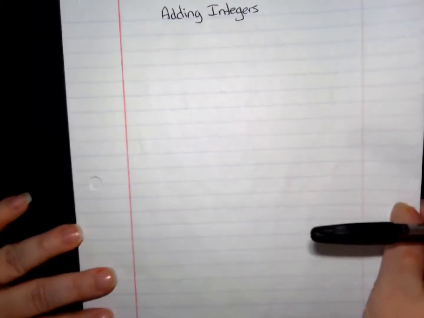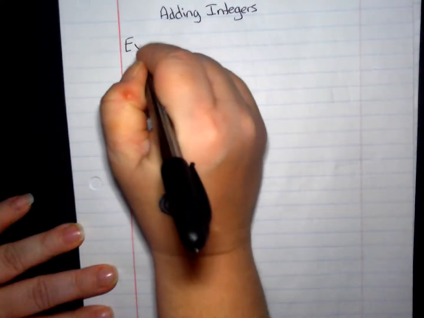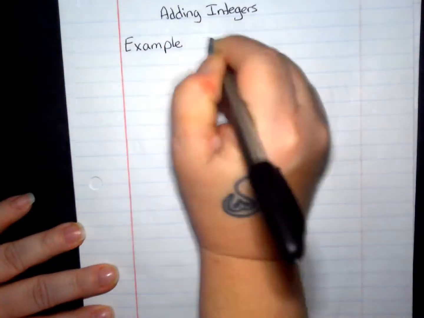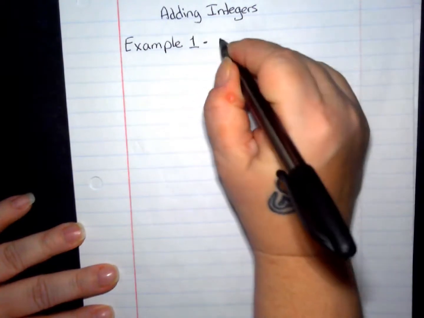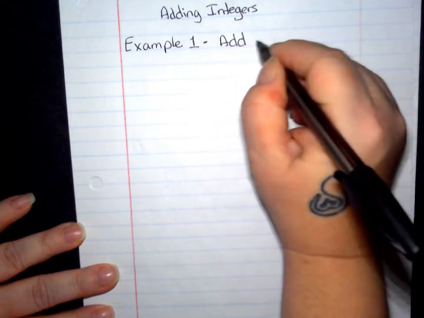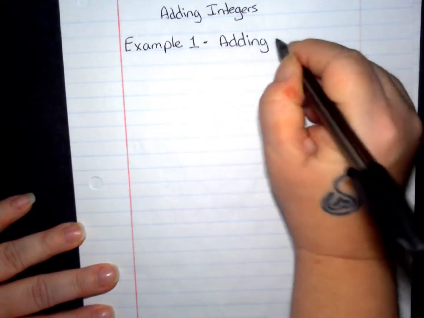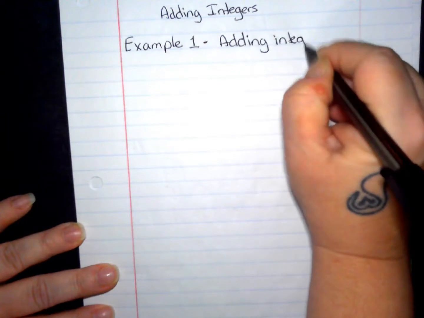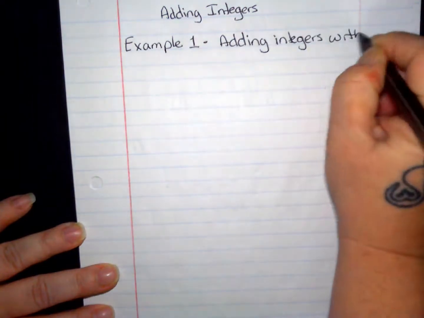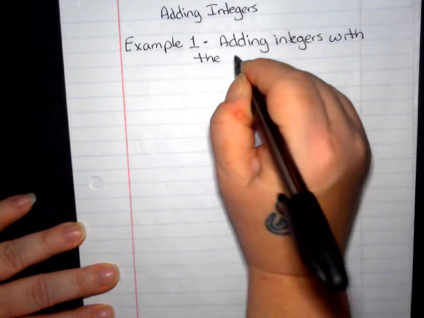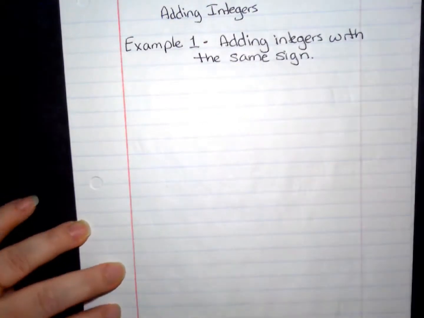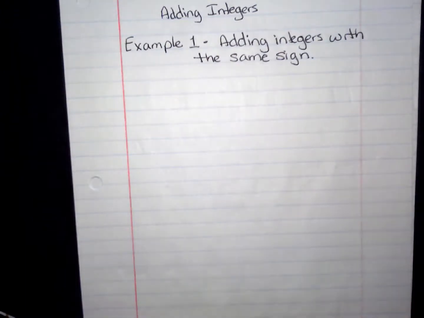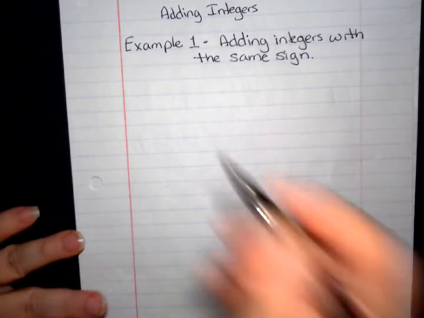So, let's take a look at what I'm talking about. So, example 1. We're going to be adding integers with the same sign. So, my example is going to be, let's add